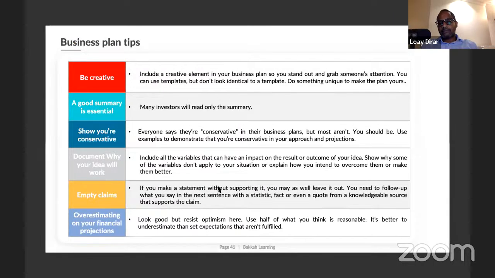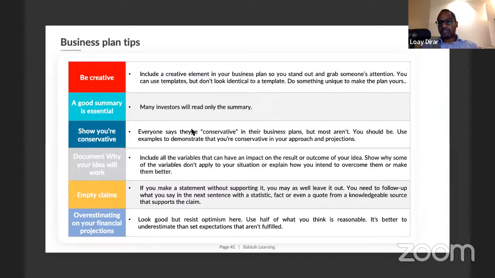Be creative. Develop a good summary is essential. Show you are conservative. Document why your idea will work. Empty claims and overestimating on your financial projections. Be creative. Always use good designs. Be creative about showcasing your